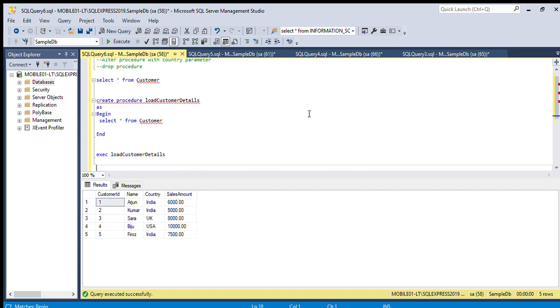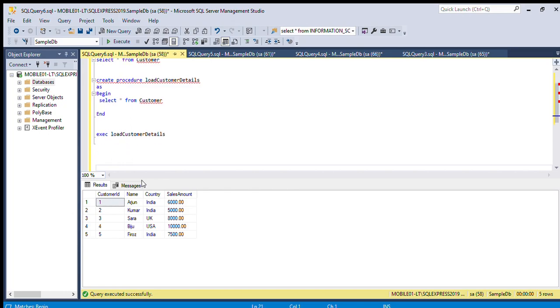Next we want to alter this procedure with a country parameter. We want to pass a country name and get only those customers. Okay. So we want to alter this procedure, right? So we can use